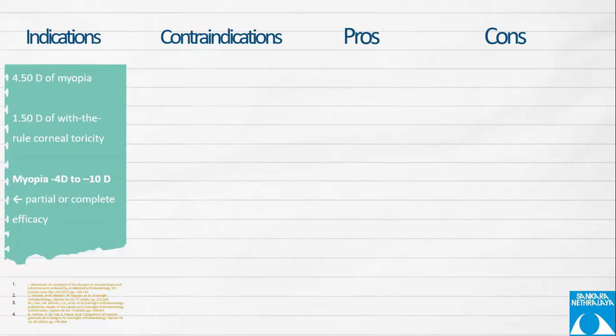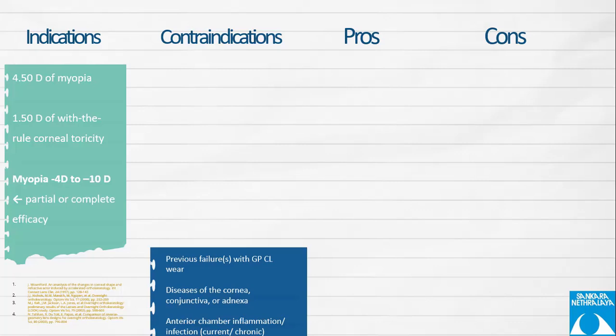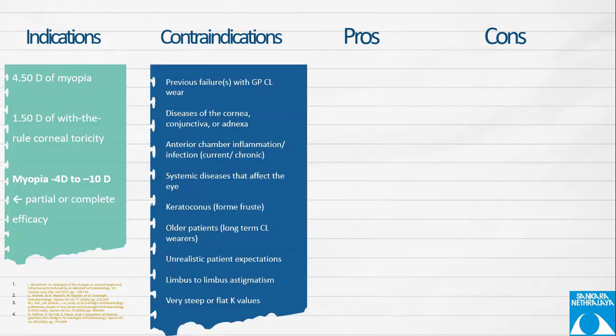4.5 diopters of myopia and 1.5 diopters of with-the-rule corneal toricity is the FDA approved range, but we can push up to -4 to -10 myopias also. A few studies have described partial or complete efficacy where they use ortho-K in combination with refractive glasses. Coming to the contraindications: any previous failure with gas permeable contact lens wear, diseases of the cornea,